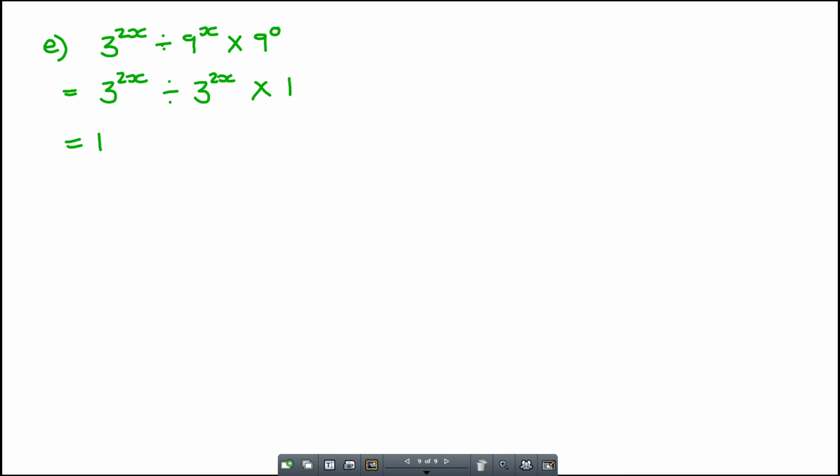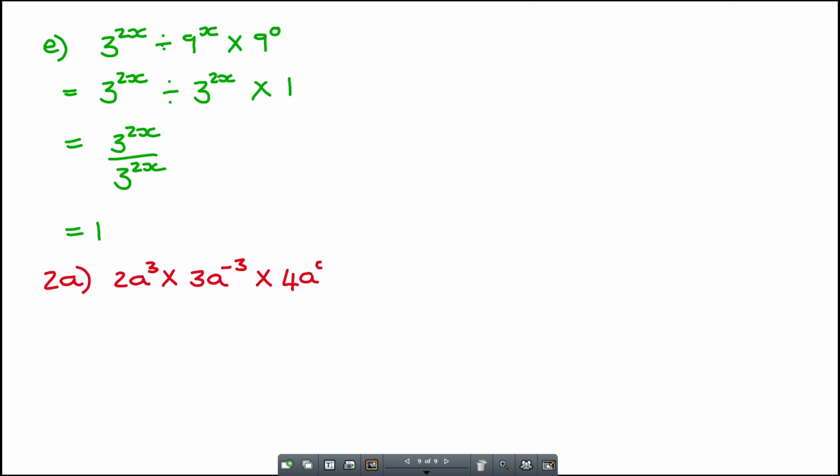Because that's the same as this. When we've got the same thing at the top and the bottom, it's equal to 1. No. Right, 2a. Any questions, people? That's fine. So you add 9 to the power of x divided by 9 to the power of, same thing. Yeah. Okay, so over here,